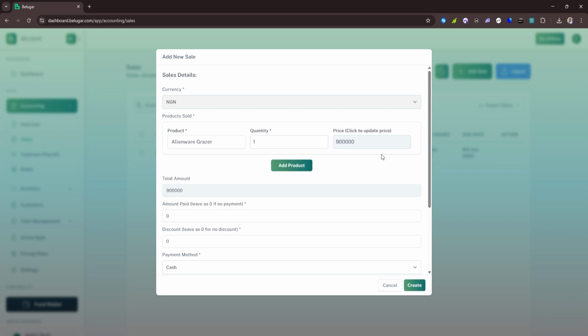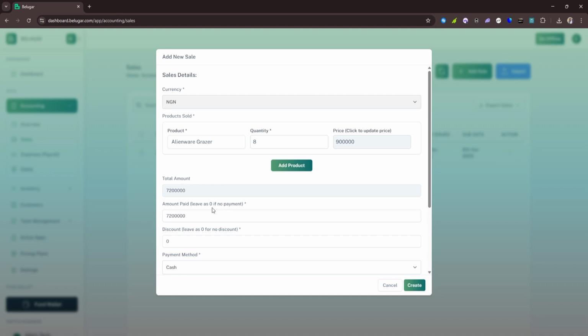Let's give it a random figure that is not currently in stock. Let's say 20. If you try to create it, you can see that the available amount is 8 and the requested amount is 20. So let's say he purchases the remaining 8